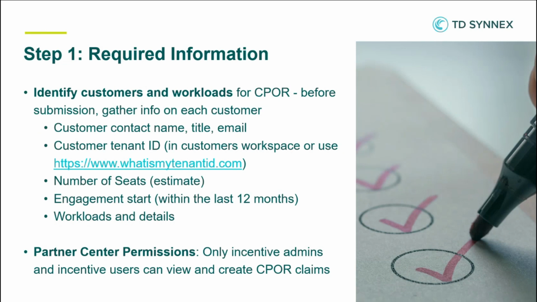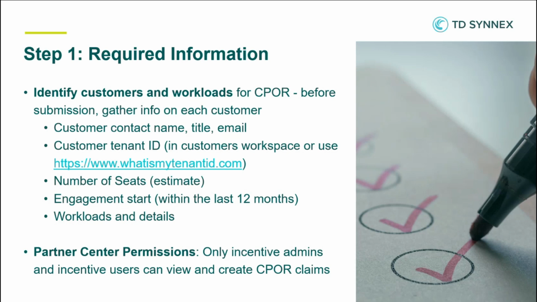Now, let's dig in deeper to each of those requirements. So that first step with the required information, you're going to identify the customers and the workloads for CPOR. So before any submission, you're going to gather the customer contact name, title, and email. This is who Microsoft will be emailing. So it is important that you get that information right. The customer tenant ID, you'll need that. You can get that information in your Partner Center under the customer's workspace, or you can use this URL, what is my tenant ID. You'll need the number of seats the customer has, just an estimate,